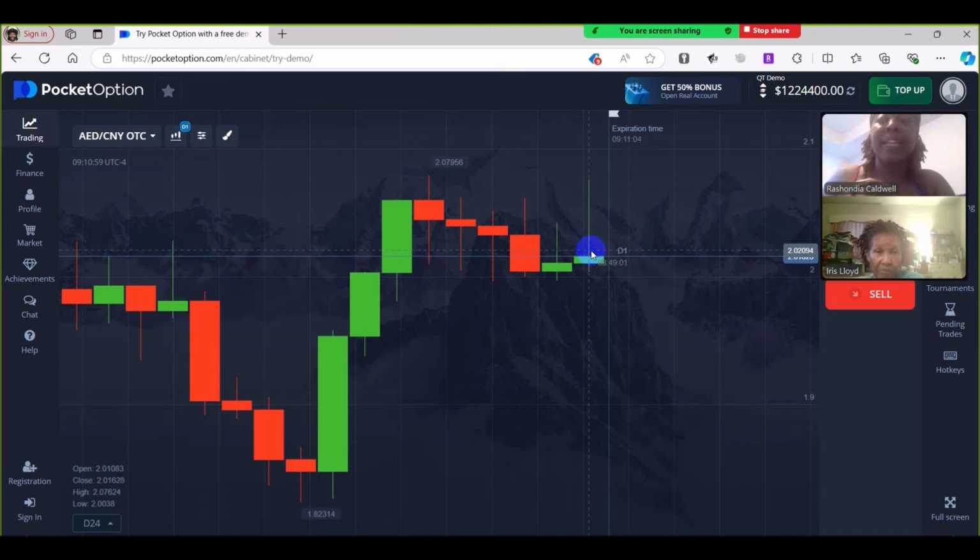The previous candles' wicks are what we are looking for. Because where the candle is now, this is the daily chart. So it does not matter when you look at the chart,